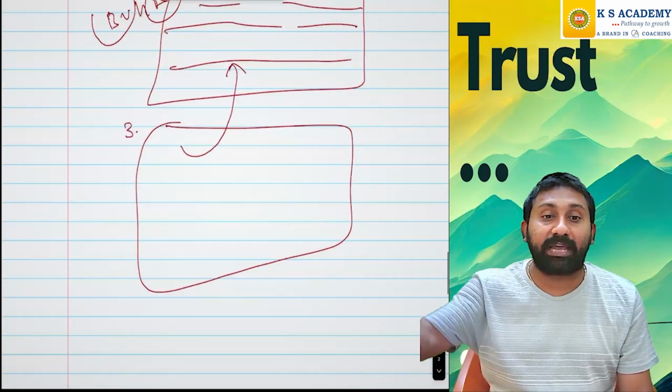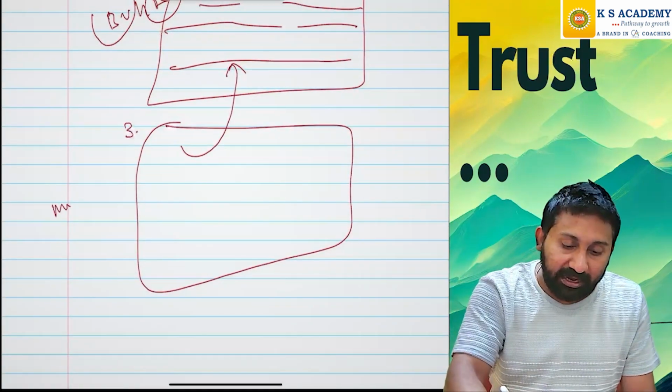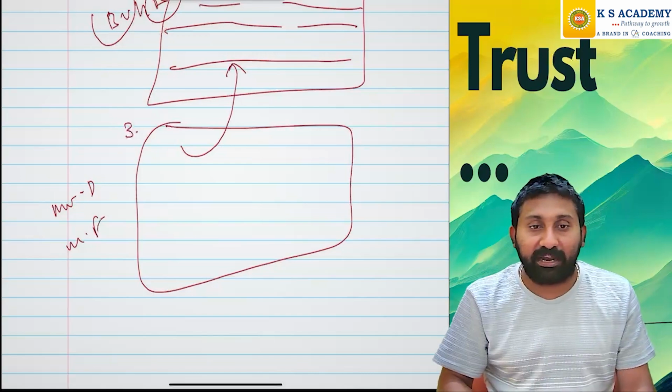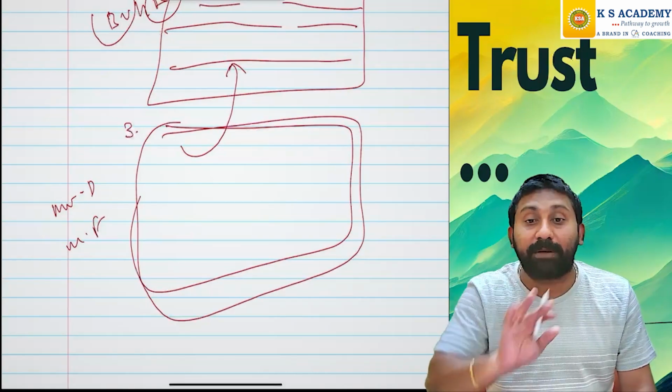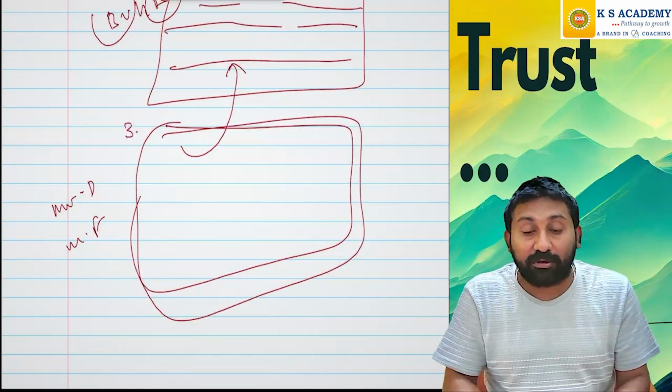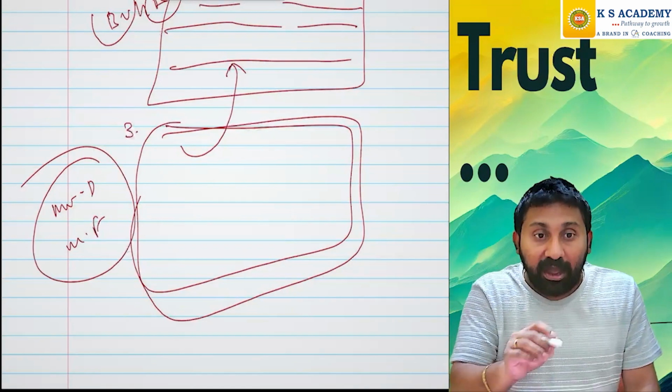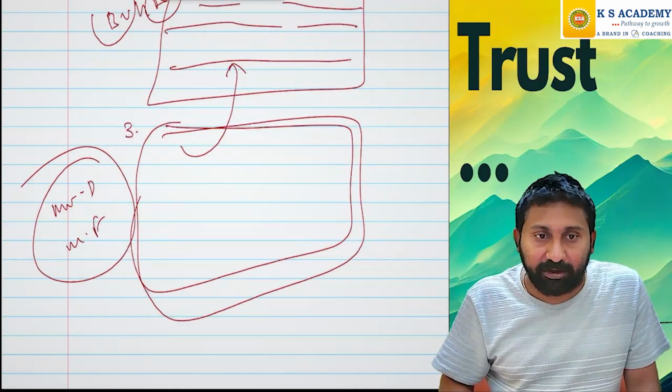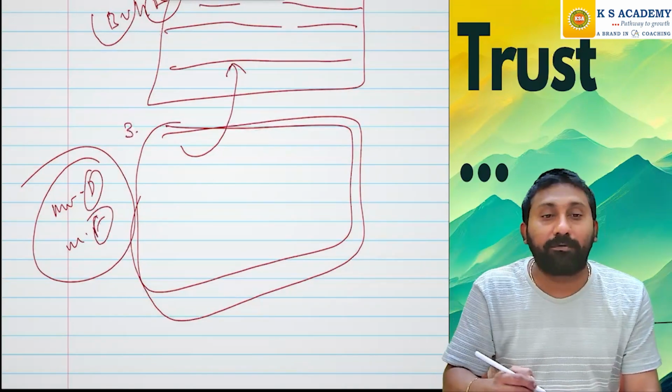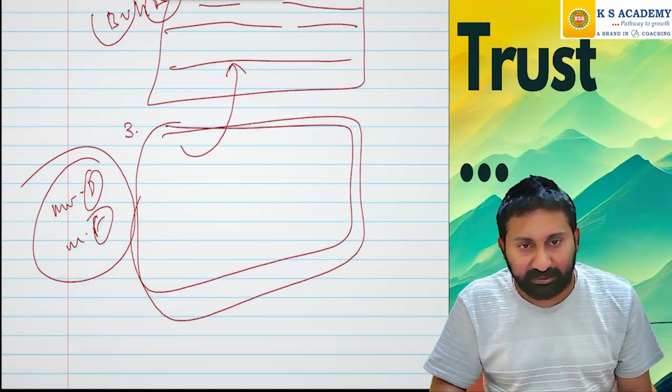They will give the case law in such a way in the exam: Mr. D and Mr. F, they will tell. At that time, in your conclusion, don't use Balfour and Balfour. You should write that the facts of this particular case in the question are similar to the facts of Balfour and Balfour, and therefore Mr. D cannot sue Mr. F. Like that you have to conclude your answer.